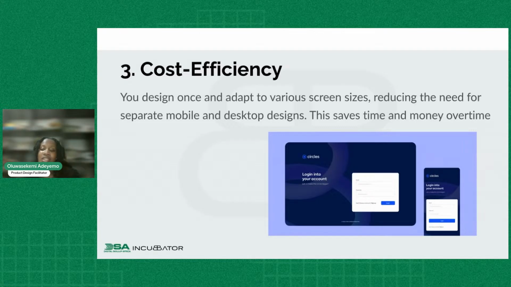So if you design the desktop first, you'd have,